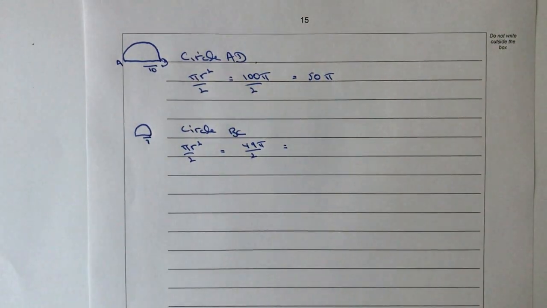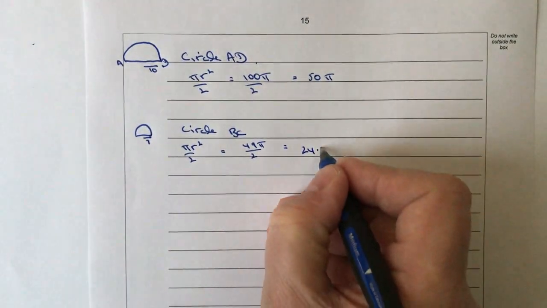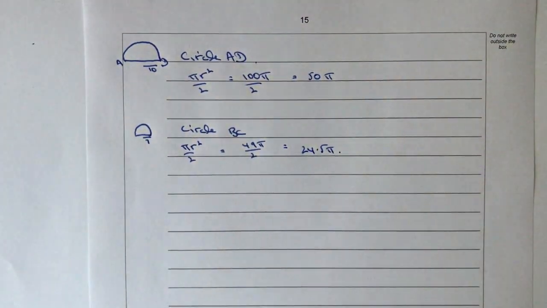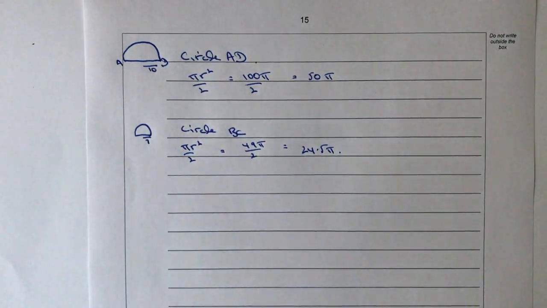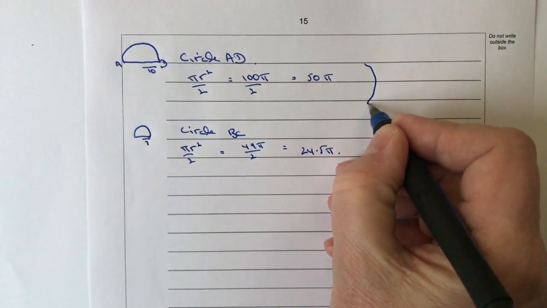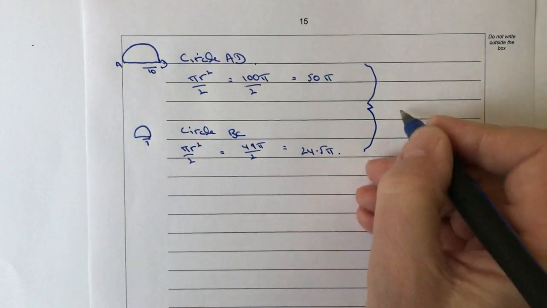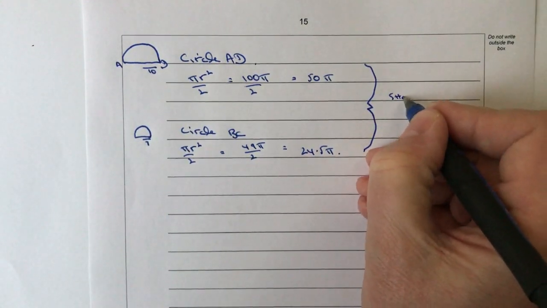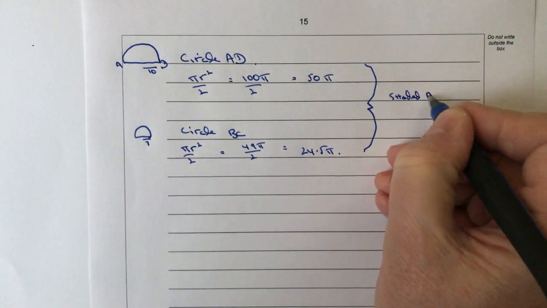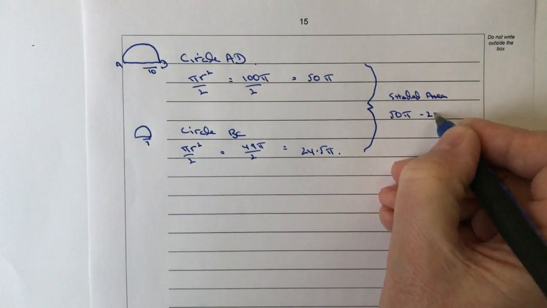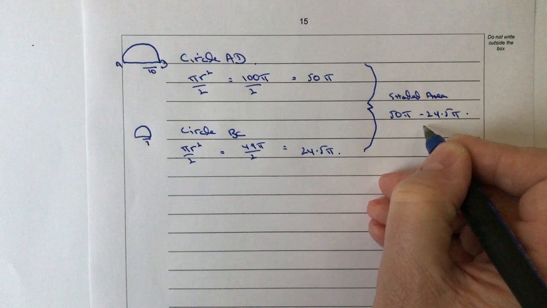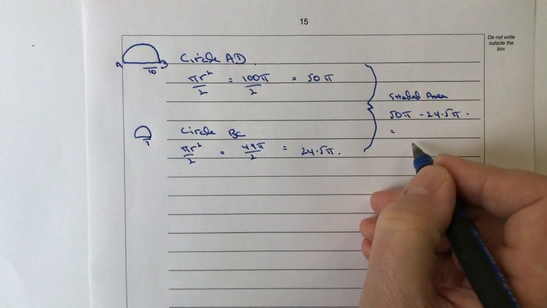So if I break that down, that's going to give me 24.5 pi. All righty. So therefore, the shaded area is going to be the big semicircle, take away the small semicircle. So if you like, I can put something like this in here. So the shaded area is going to be 50 pi minus 24.5 pi. Okay, and that's going to give me then